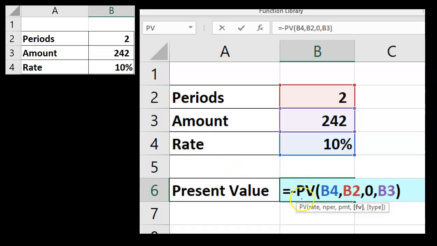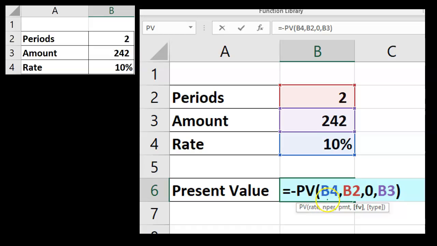And this is the way we would see it if we wanted to just type it in as a function, which once you do it a few times is pretty nice to do. It's a little bit quicker. I'm going to say equals, and we say negative because it'll flip the sign. If we don't put a negative, it'll come out as a negative number. If we want to make it a positive number, we could put a negative before it.